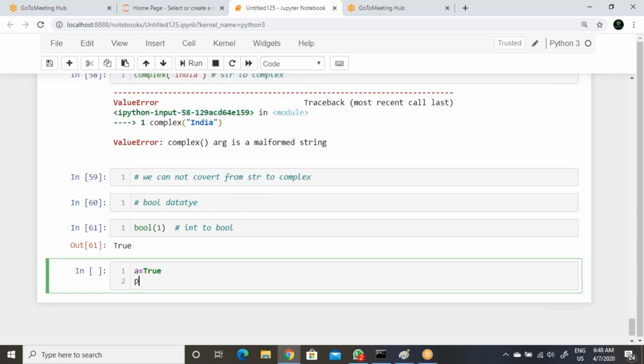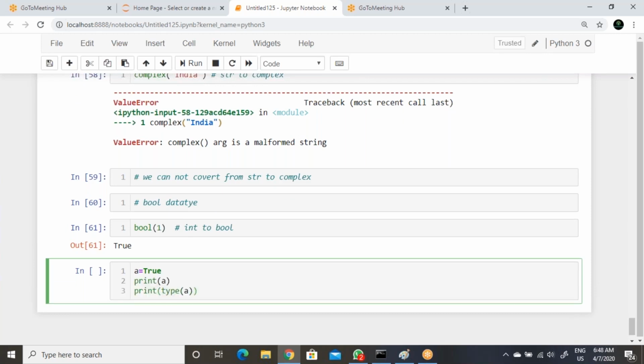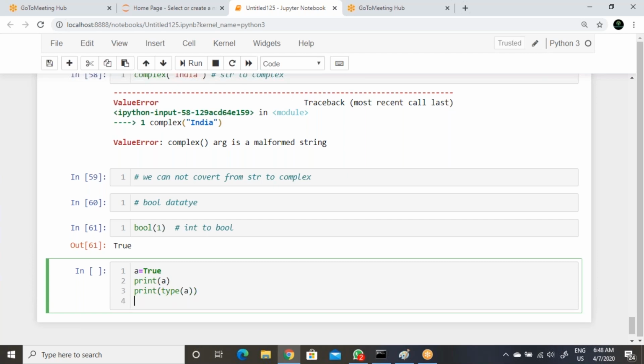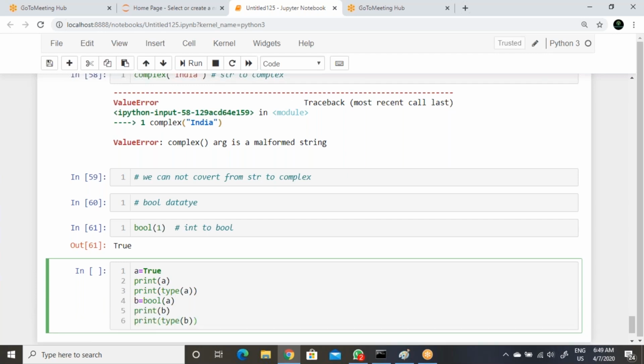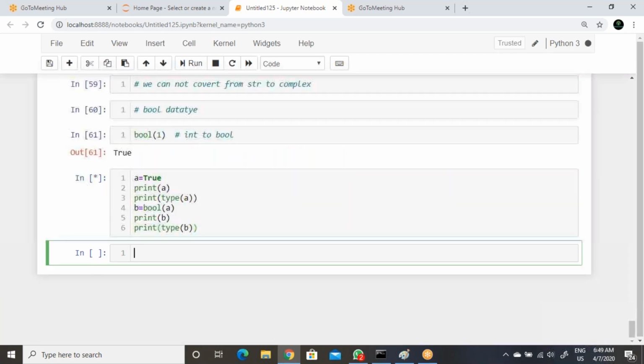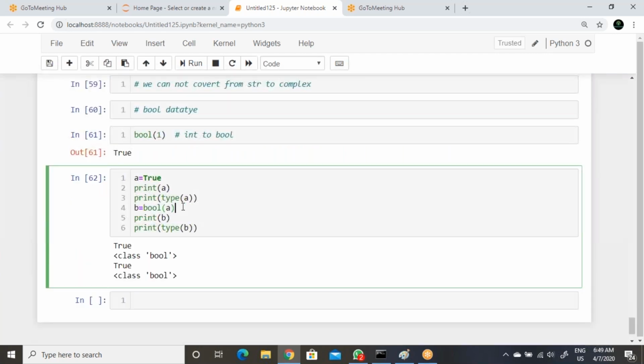Now execute here. This is called typecasting. We use 1 here. Now execute. It's converting from integer 1 to bool, and the returned output will be True.